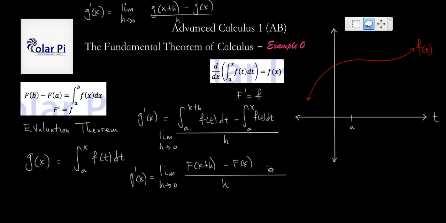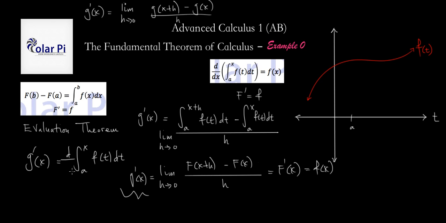Guys, what in the world does this say? Clearly, this here is using the definition of a derivative on capital F. So this is equal to F prime of x. And so therefore that's f of x. In other words, g prime, which is d dx of the integral from a to x of f of t dt, is equal to f of x. Yeah? Cool. Alright, so I think we only have one final explanation left,